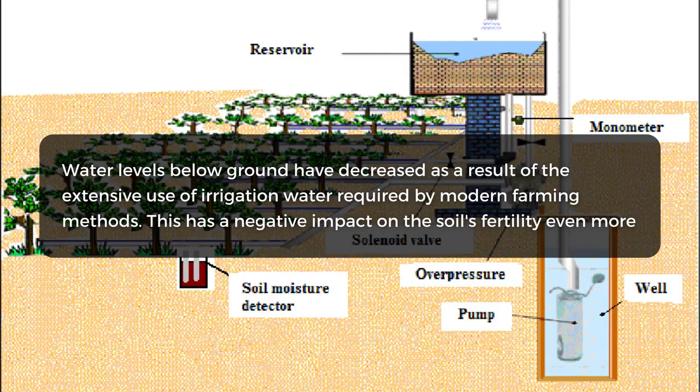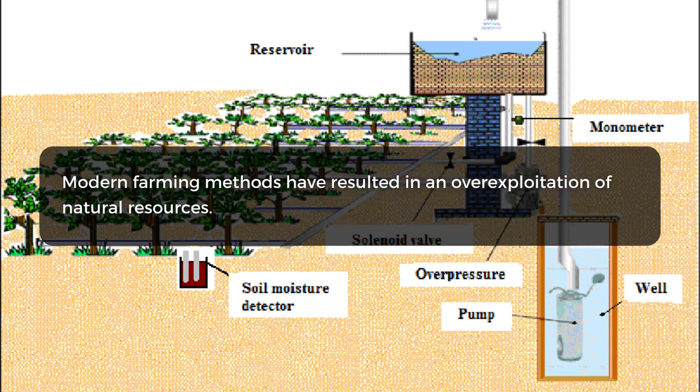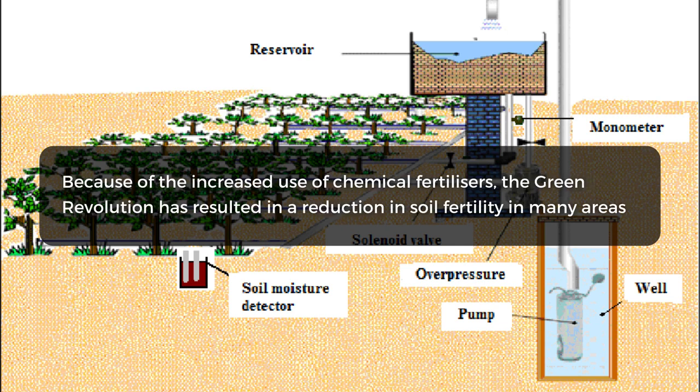Sustenance of land. Water levels below ground have decreased as a result of extensive use of irrigation water required by modern farming methods. This has a negative impact on the soil's fertility even more. Modern farming methods have resulted in an overexploitation of natural resources. Because of the increased use of chemical fertilizers, the Green Revolution has resulted in a reduction in soil fertility in